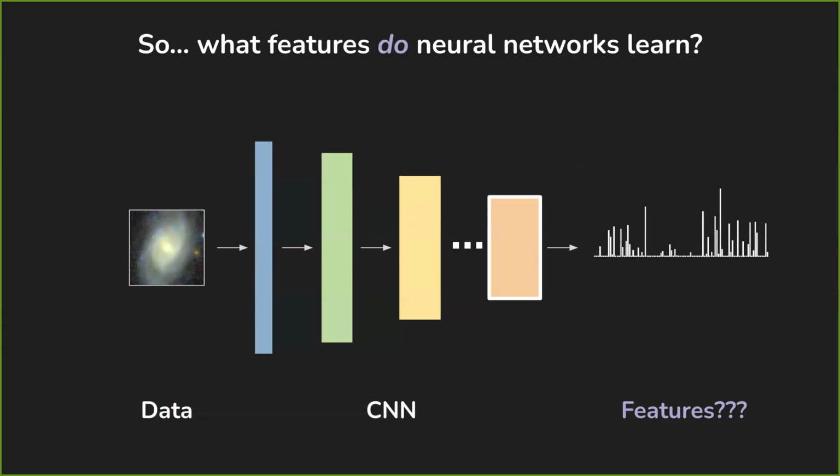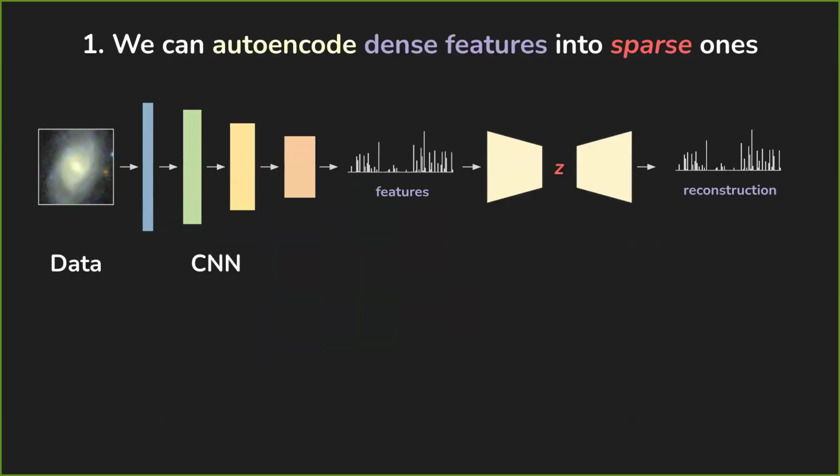Because we are grounded in trying to understand the physics of what's going on, I think it is actually important to peer into the neural network and better understand what the features are that arise from a trained CNN. And in fact, we can do this two ways. I'm going to talk about these. Bear with me, this might get a little bit technical, but I'll try to cover the high level